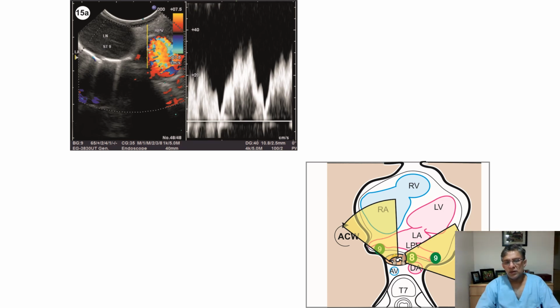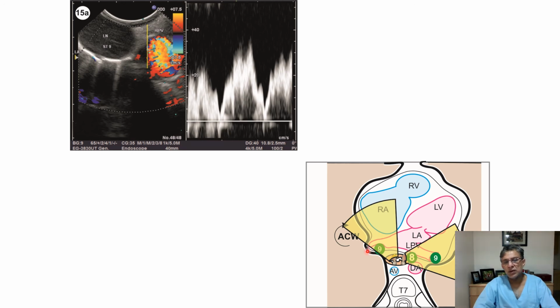One small thing that remains: how to do imaging of the station 9 lymph node. For that, what you have to identify is the inferior pulmonary vein, and the pulmonary ligament will lie below the inferior pulmonary vein, and station 9 lymph nodes are always part of the pulmonary ligament. You will not see them when you see the left atrium. When you see the left atrium, you will see the station 8 node.